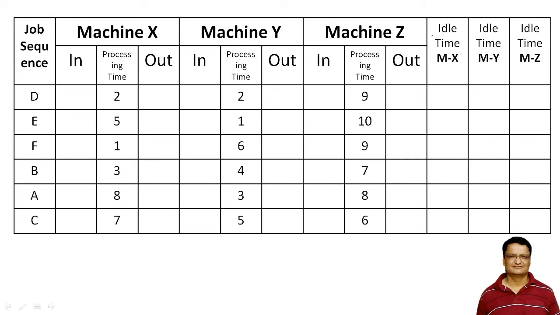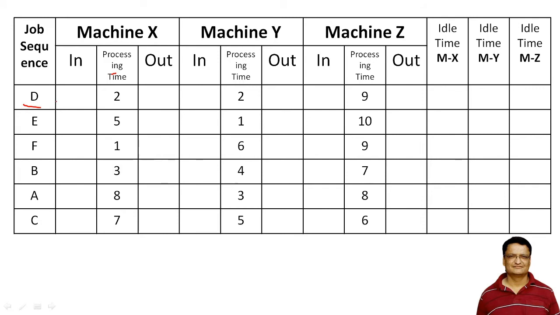And also we need to compute the idle time for machine X, idle time for machine Y, and idle time for machine Z. So what is an idle time? Idle time is the time for which there is no operation being performed on a machine. So the machine has either completed the processing of whatever jobs were assigned to it, or it is waiting for a job. So we need to compute that idle time also. So let us start with this